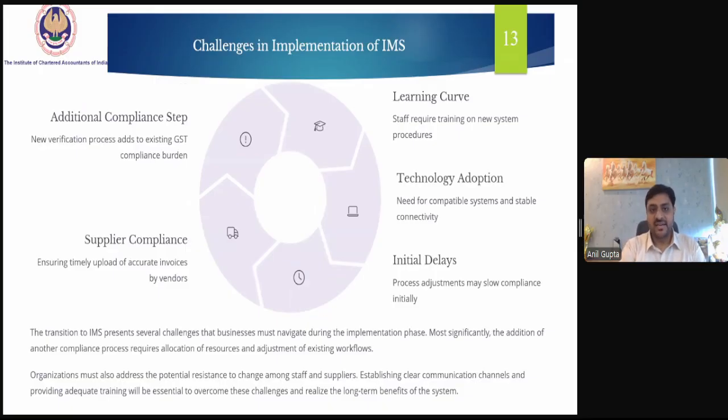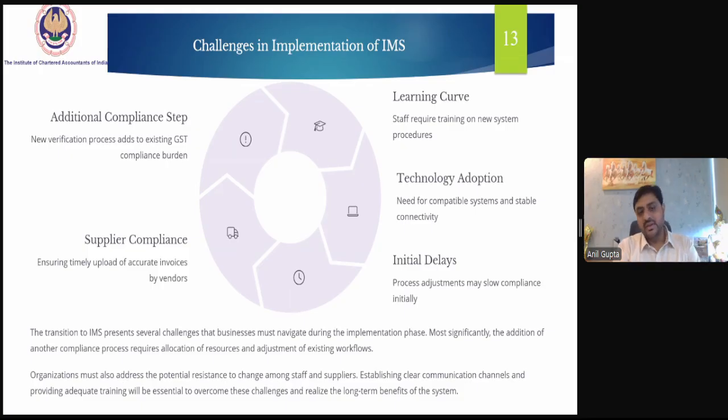With all the benefits, there come challenges also in the implementation of IMS. So what are the few challenges which the taxpayer may face or is currently facing? The additional compliance step.